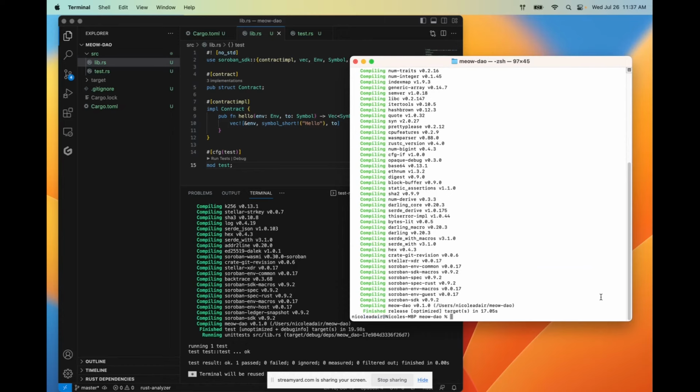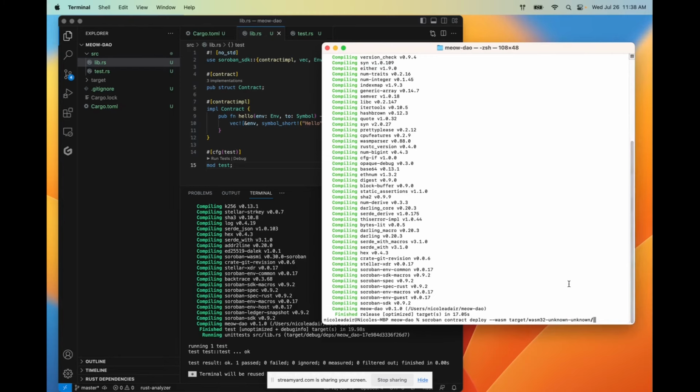And so once this contract has been built, we're going to deploy the contract using a command that locally deploys the contract to our WASM compilation target that we set up earlier. And so in order to do this, we're going to use the command soroban contract deploy wasm target, and then I just tabbed and did a little fancy command here, but you can follow along what I've got with this command.